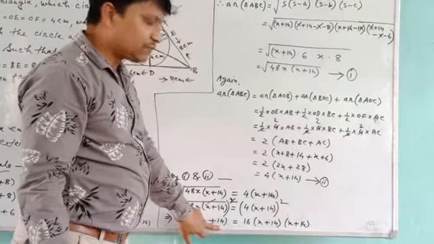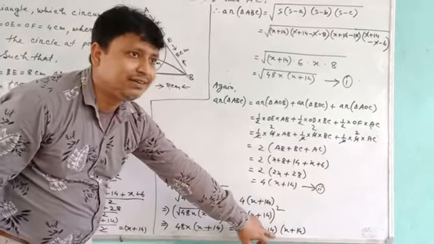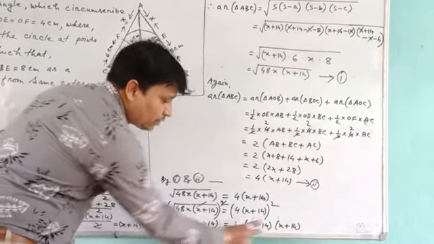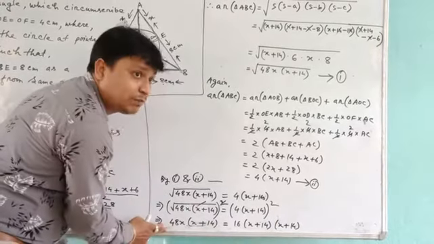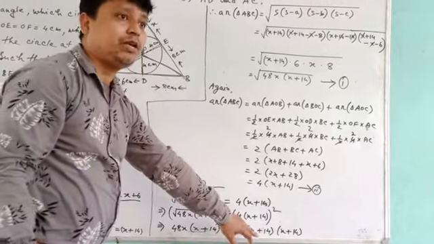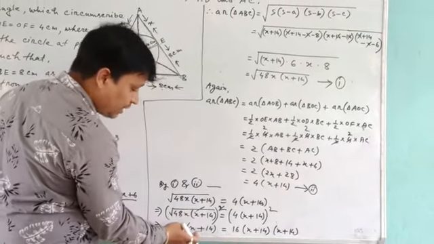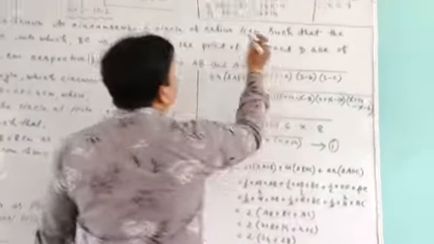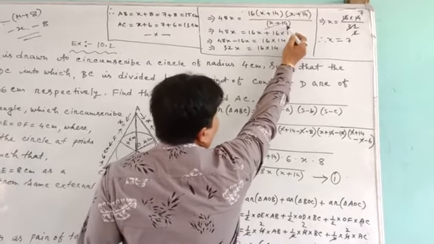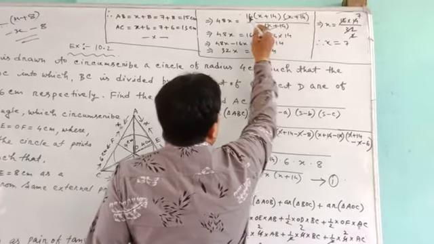Now see, 48x into x plus 14. So you shift this x plus 14 to the right side. These two are the factors of this part and these are the factors of this part. If you shift any one factor to another side, that factor will divide the value of the other side. So we shifted x plus 14 to the right side, and it will divide the right side value. Divided, so x plus 14 cancels, left 16.